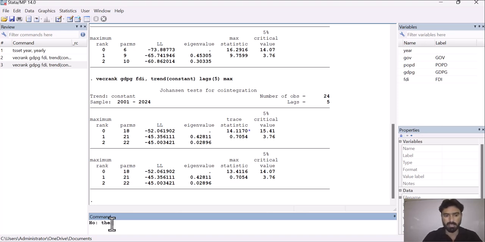The null hypothesis is that there is one cointegrated equation, and if the trace statistic value is less than the critical value of 5%, then we cannot reject the null hypothesis. We have to accept the null hypothesis. So it means that there is one cointegrated equation present in our model.